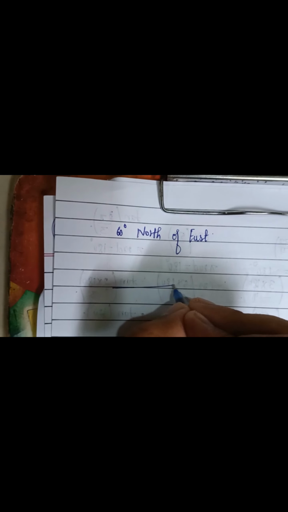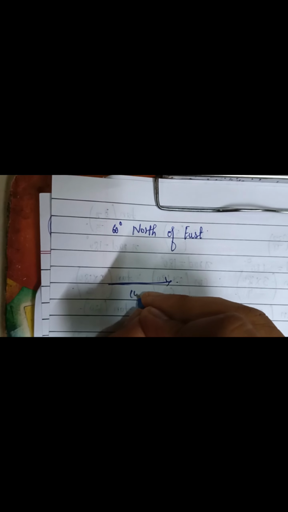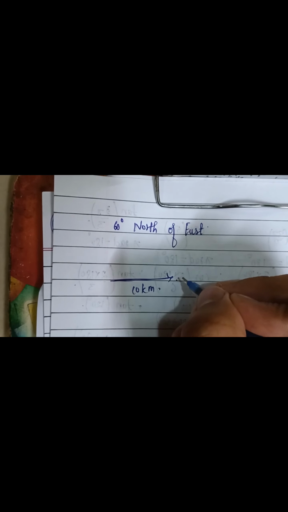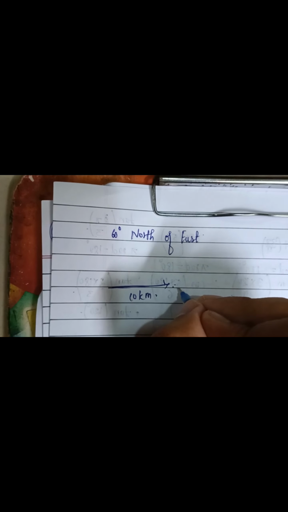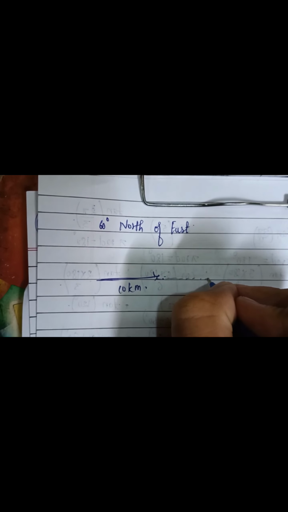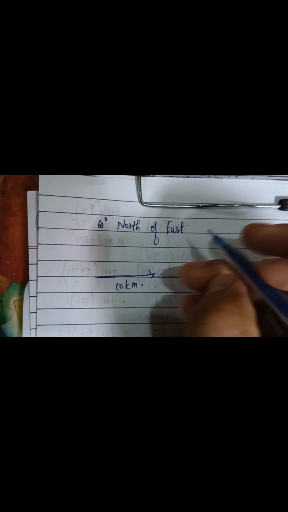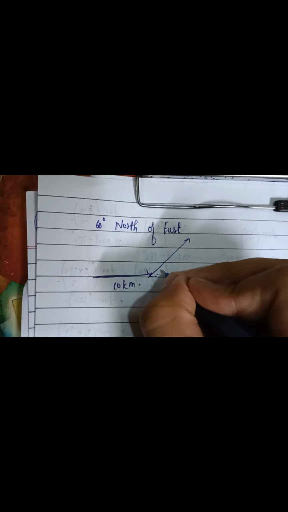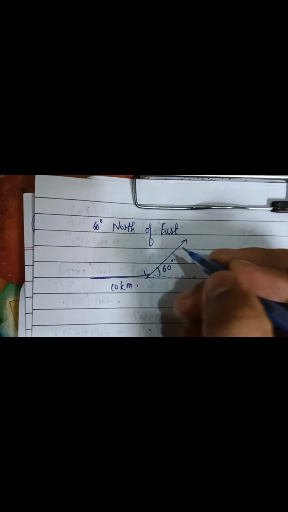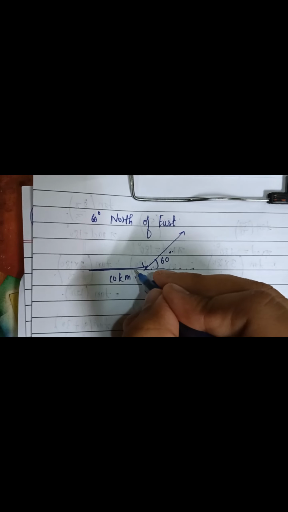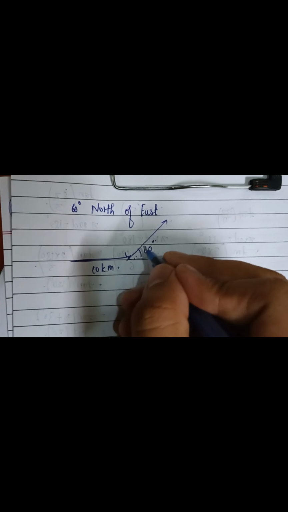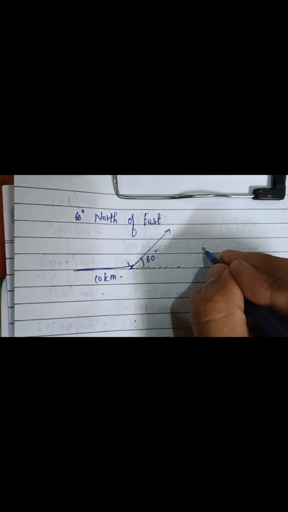So if a man is going 10 kilometers in the east direction and then 60 degree north of east means if we take the reference direction as east, then we have to go 60 degrees north of east, meaning the angle between the initial and the final vector must be 60 degree. So